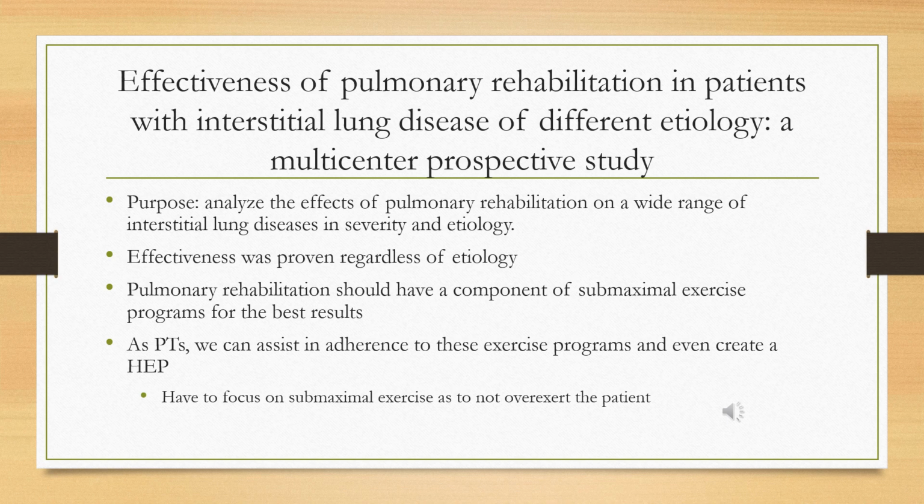So for this study, what they looked at was the effectiveness of pulmonary rehabilitation in patients with a lung disease of any etiology. And what they wanted to figure, and what they found was that it was effective regardless of the etiology. And what they also found was that